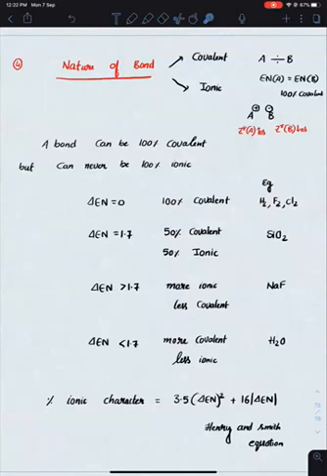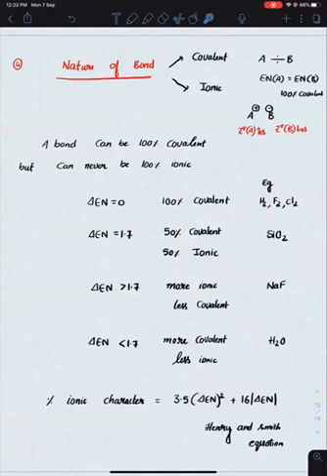So the species whose Z star increased will always try to influence the electrons which it has lost. So the electrons it gave away, it will try to pull that electron density. Whenever it is pulling that electron density, some of the electron density will be shared between A and B, leading to covalent character. So there will always be some amount of covalent character in any ionic bond. There can never be a 100% ionic bond, but there can be a 100% covalent bond.